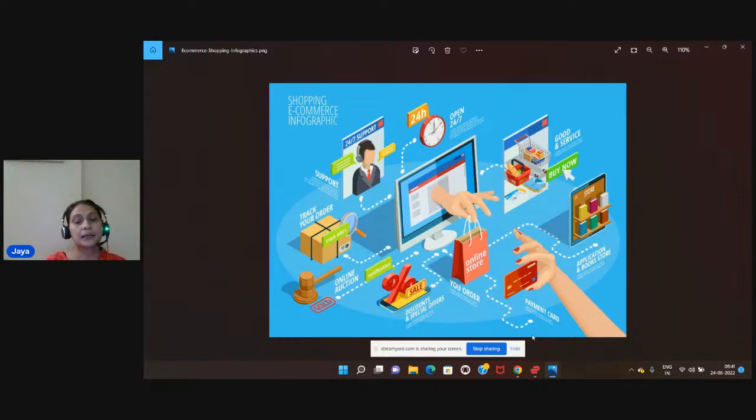If you own an e-commerce business, it could sell clothes, shoes, cosmetics, anything. But the main question, if you have this business, is how would you drive traffic to your website? How would you increase the app downloads? That is the main question which comes to your mind if you're running an e-commerce business on your site. So these two questions are there. Third, how would you increase your customer base?